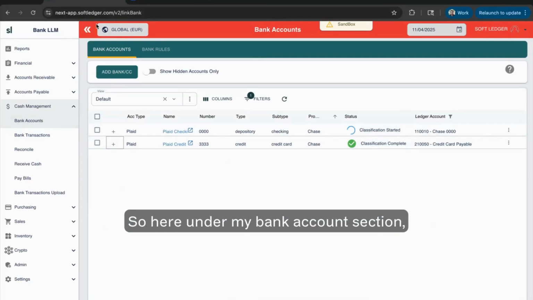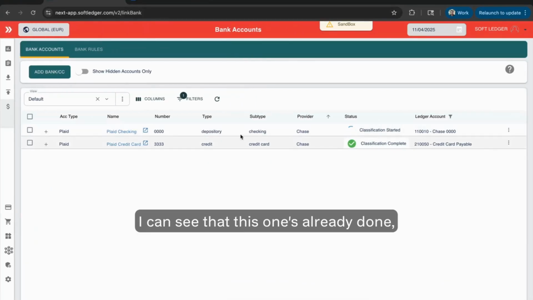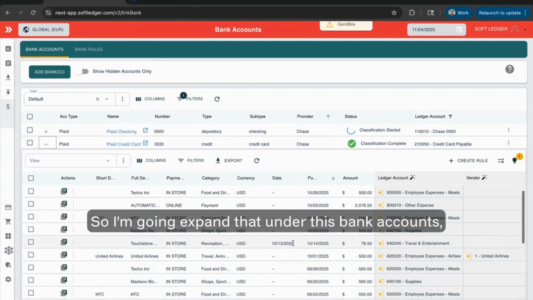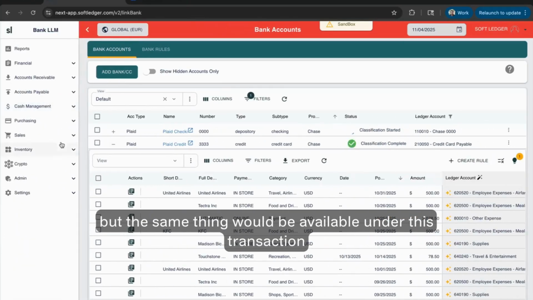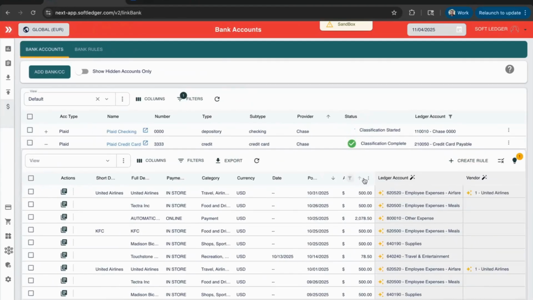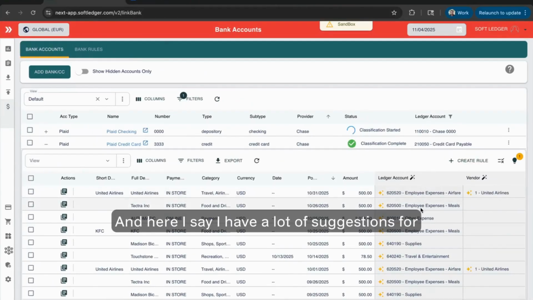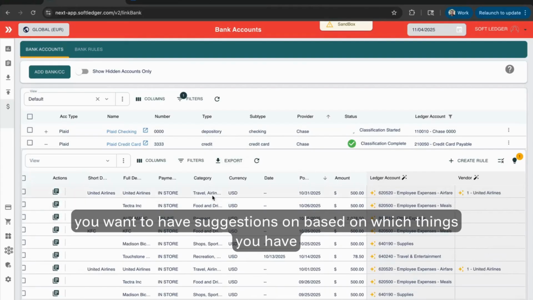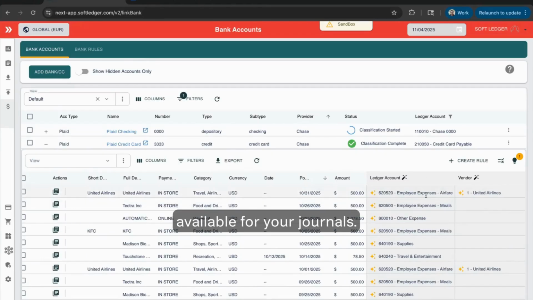So here, under my bank account section, I can see that this one's already done, this credit card. So I'm going to expand that under this bank accounts, but the same thing would be available under this transaction section. And here I say I have a lot of suggestions for the ledger account in this case, and vendor. You can control which dimensions you want to have suggestions on based on which things you have available for your